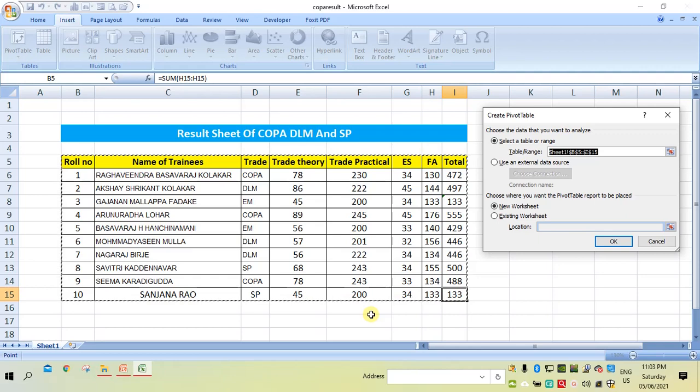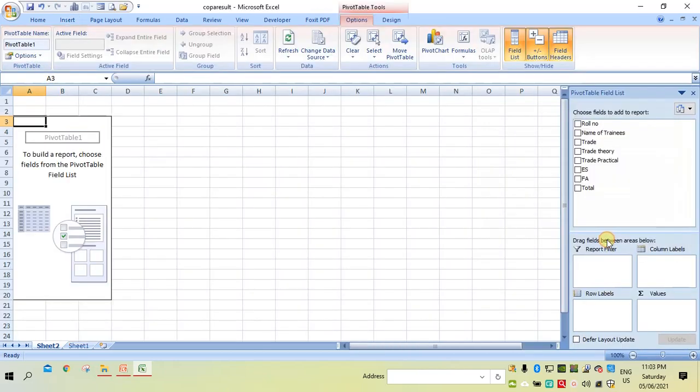But now I want to create it in a new worksheet. It is already selected, so I will say OK. Now it creates another sheet called Sheet 2, and it is providing us a pivot table to work on.